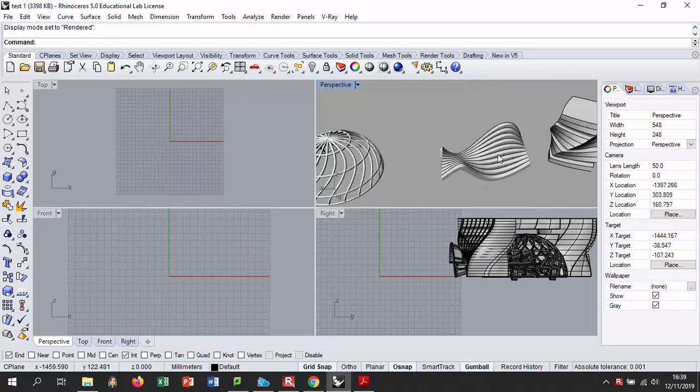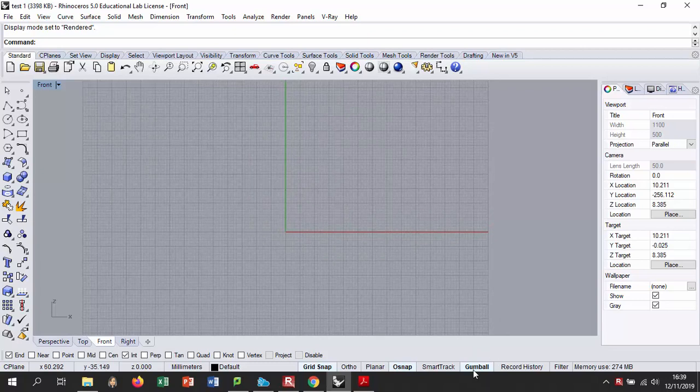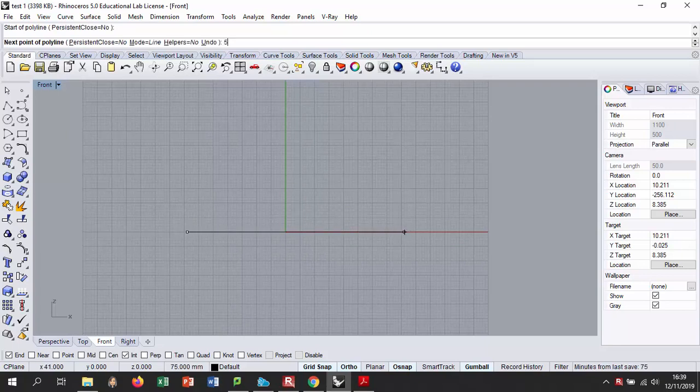So let's start by creating this geometry. Go to the front view. Make sure that your gumball, object snap, and grid snap are on. And I'm going to also have the orthogonal turned on just for now. And create a reference line of 15 millimeter. We're going to delete this one, but just so we will be within the range that we